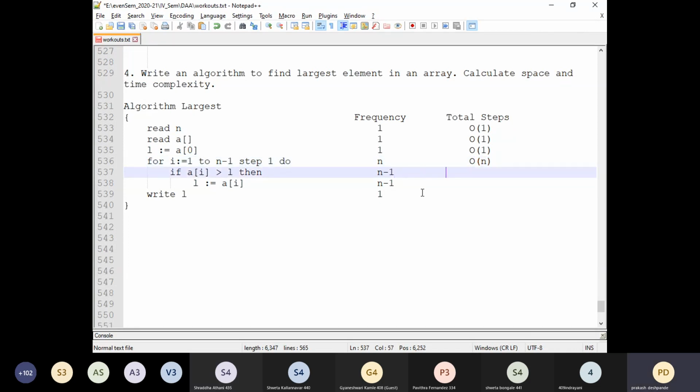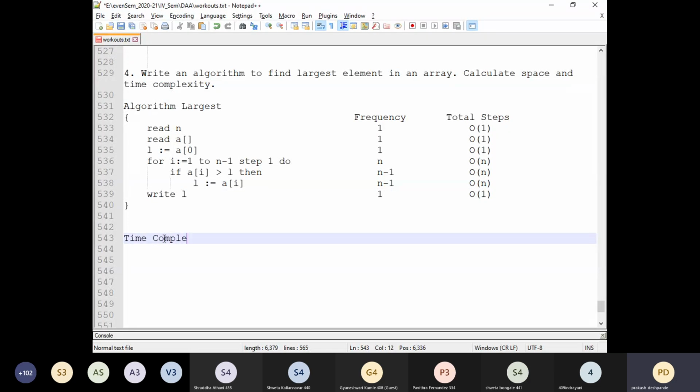How about this one? Big O of n. And this also big O of n. The last one is again big O of 1. So total time complexity.